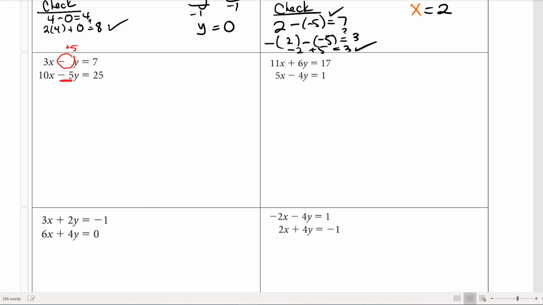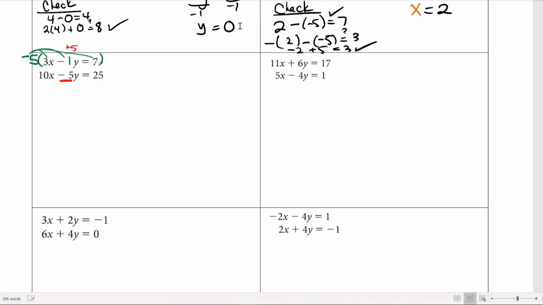So what I need to do is I need to come in here and I need to multiply the entire equation by some number to make this negative 1 into a positive 5. What multiplies by negative 1 to get you positive 5? Well, if I multiply by 5, 5 times negative 1 is actually negative 5, so that's not going to work. So what I'm going to do is multiply by a negative 5. If I multiply by a negative 5 to the whole equation, that gets me